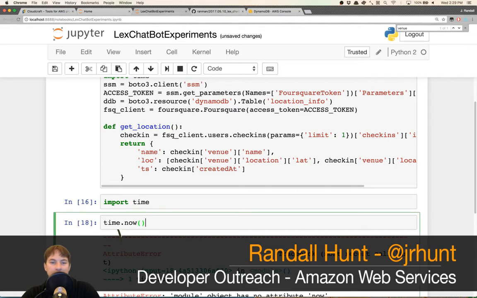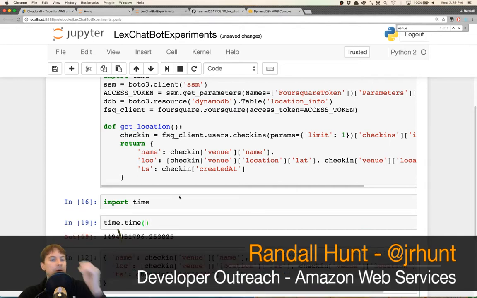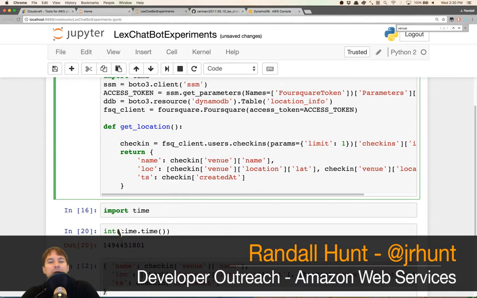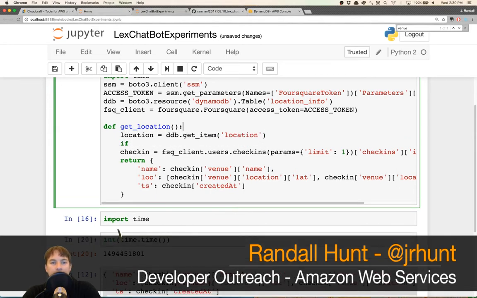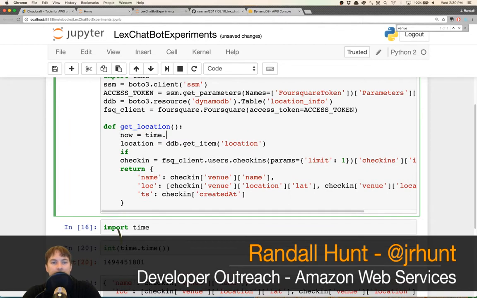Because one's JavaScript and one's real life. Okay, so time.time, and we'll make that an int. So basically, we'll just build this little caching handler where we say ddb.get_item location. Location equals, if so, we'll say now equals time.time, and if